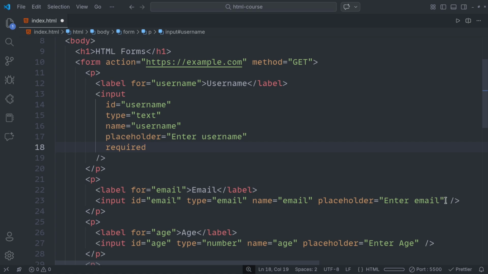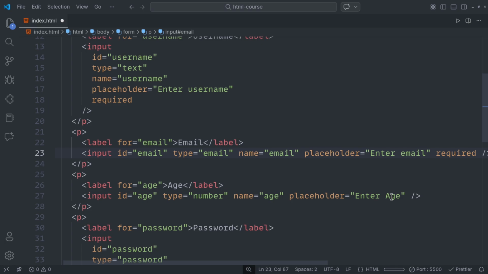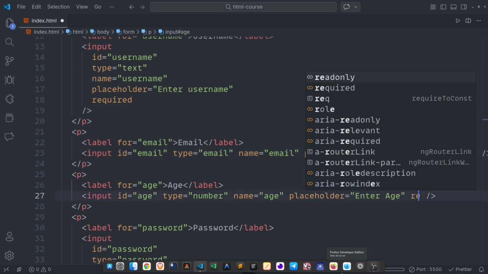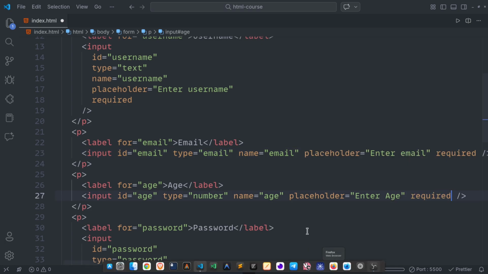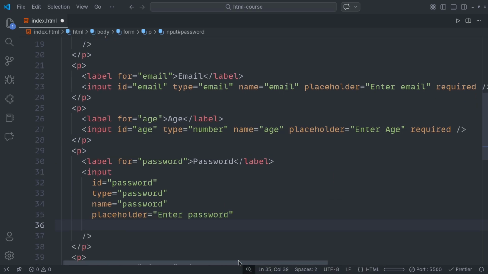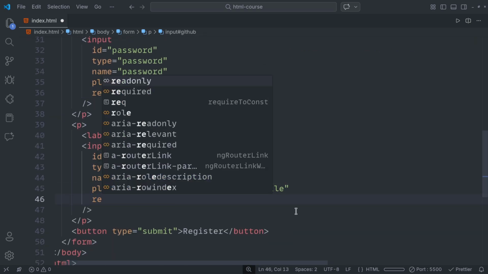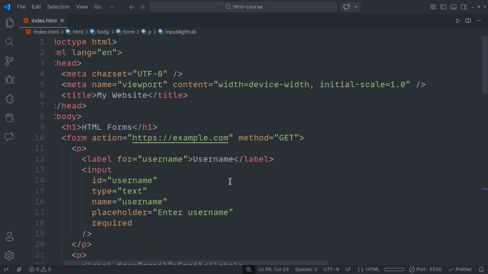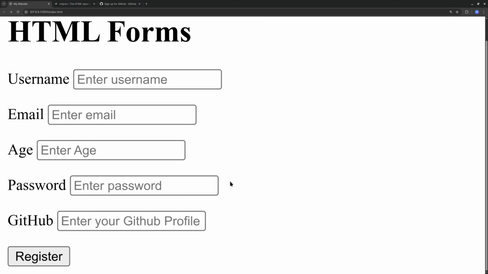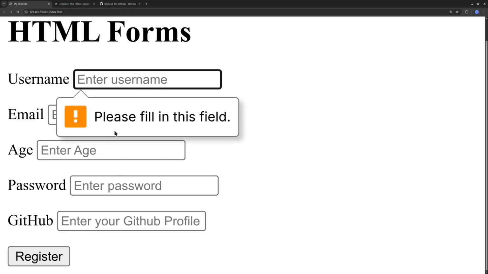Then I'll add required once again inside of this particular input as well. Required. Inside of this particular input as well, required. And this one as well, required. So what will happen now is that all of the input elements are required while submitting the form. Now if I click on this register button, as you can see,